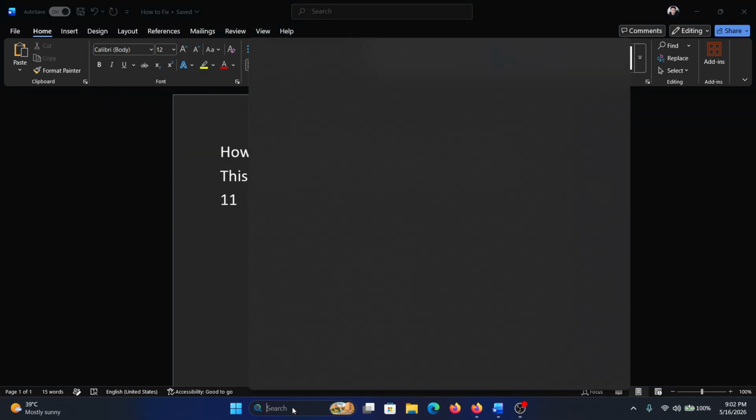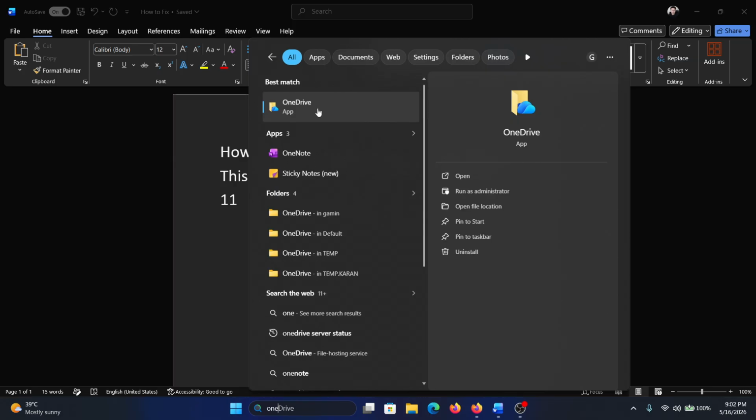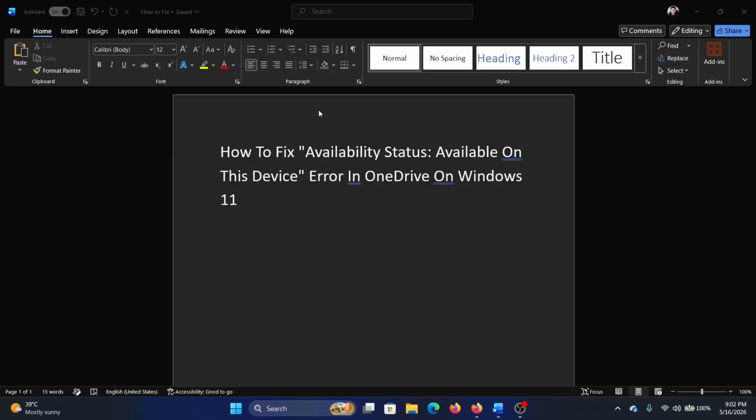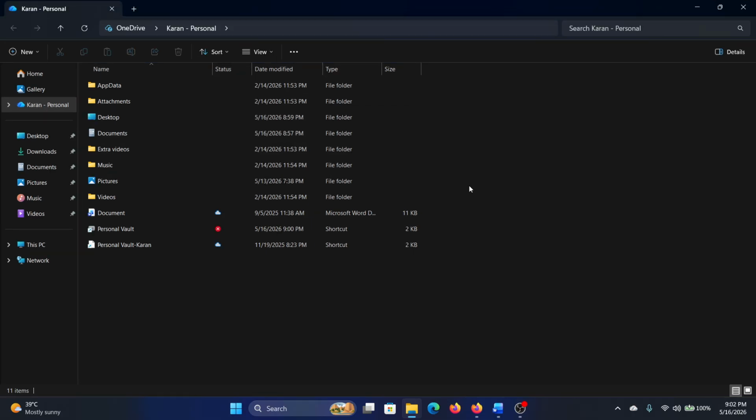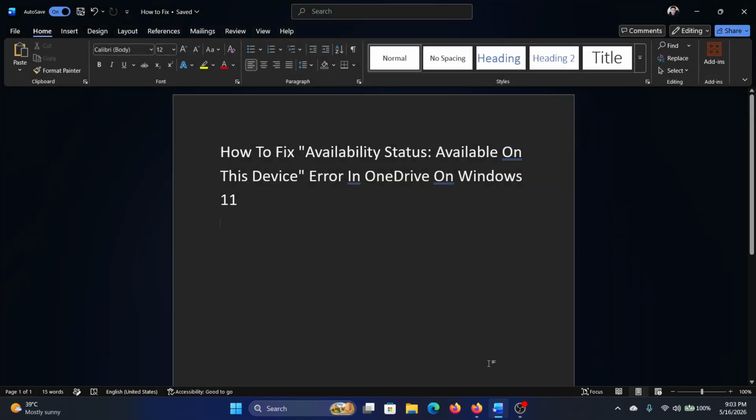Now we will reopen OneDrive. So we'll search for OneDrive and then we'll go and reopen it. Now it needs a while to sync, so you'll have to wait, but once it syncs, your problem will be